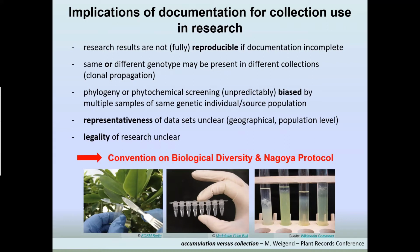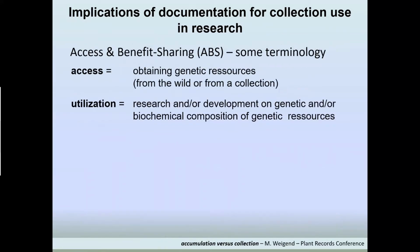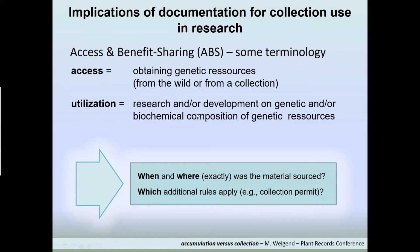Because nowadays you have to be able to prove exactly where your material came from in order to be sure that you were allowed to do the type of research you actually carried out. And that goes back to the Convention on Biological Diversity backfiring on science via the Nagoya Protocol. I think most of you will be familiar with it. Most countries represented in this Congress have countersigned the Nagoya Protocol, and essentially what it means is,